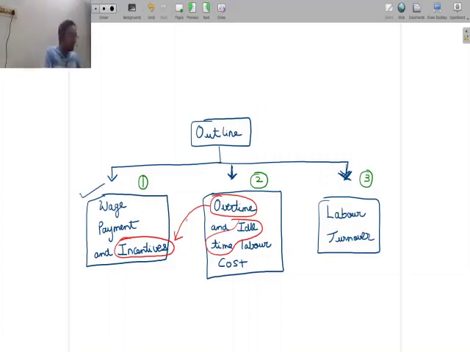Then when we look at the third part, labor turnover, we are mainly talking about employees leaving the organization, and we will also be looking at how they get replaced and all that stuff. So we will look into it a lot more when we focus on the third part in detail. But at a high level, you should understand that we are talking about employees leaving an organization.